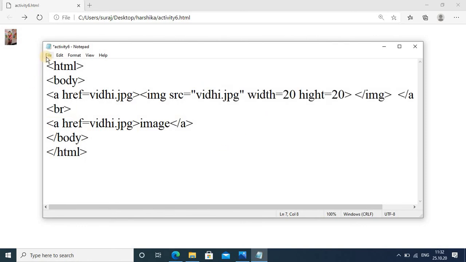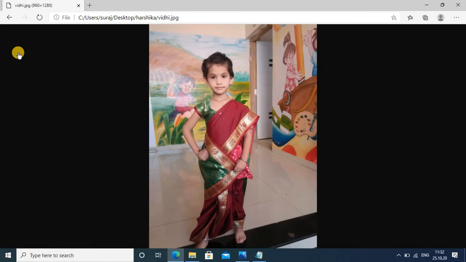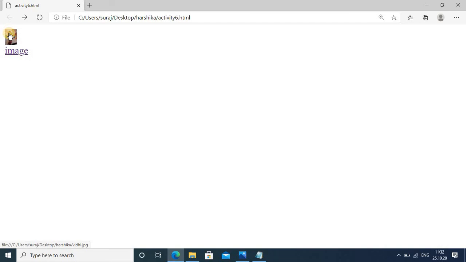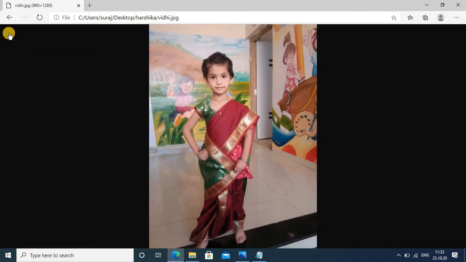Okay, let's see the output. So save it and go in browser and refresh it. So image also comes here, and both your image and your text are links. Okay, so after clicking on this you will get your output, this photo, and here also, because we gave the same destination.